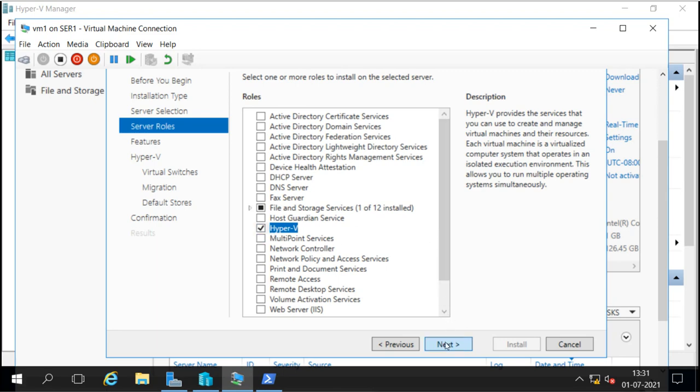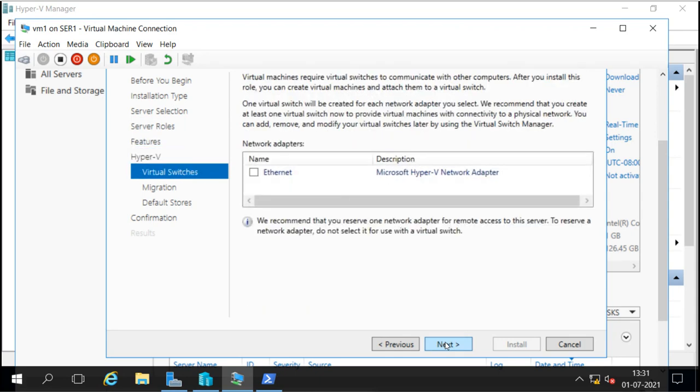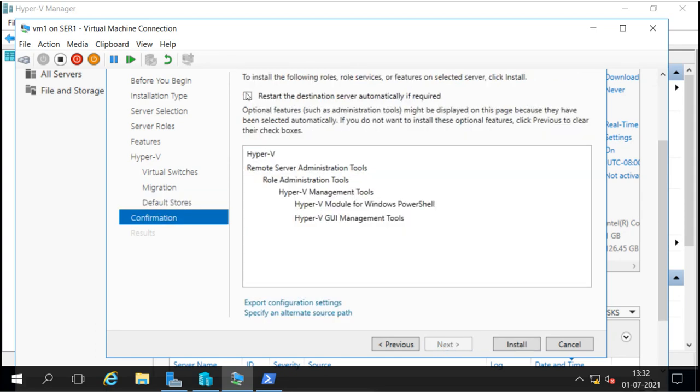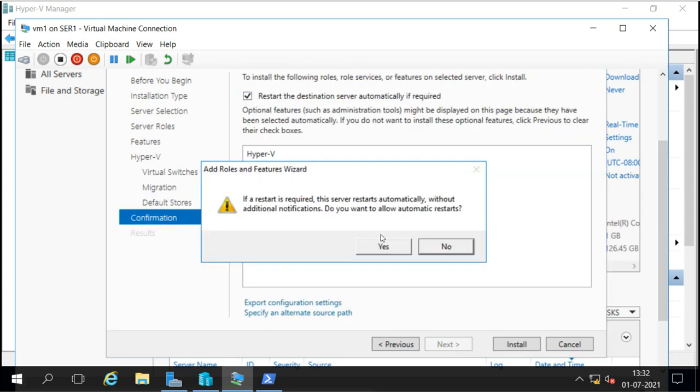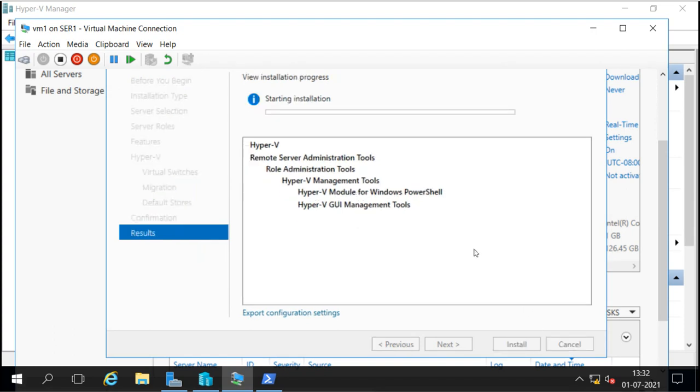So I'll go on to install it just like we did for the real machine, and it is now installing.